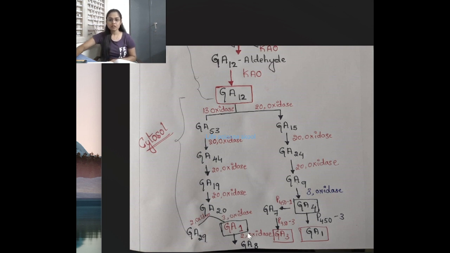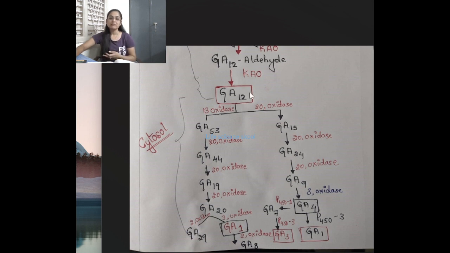And GA2 oxidase, here also it is there. So GA2 oxidase is going to convert GA1 into GA8. Okay, what is the work of GA1? It promotes growth. So if GA1 stays as it is, without converting into GA8, what happens? The plant keeps growing. So questions on mutations like this will come, you should be smart enough to answer. Okay, so this is one side.